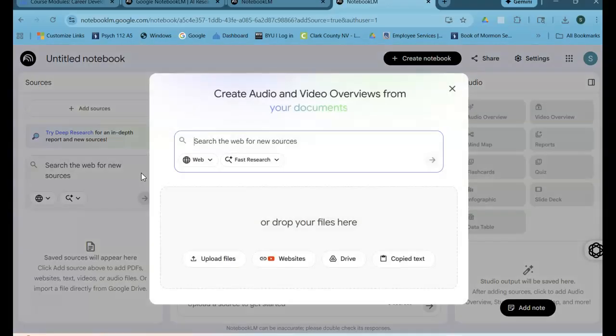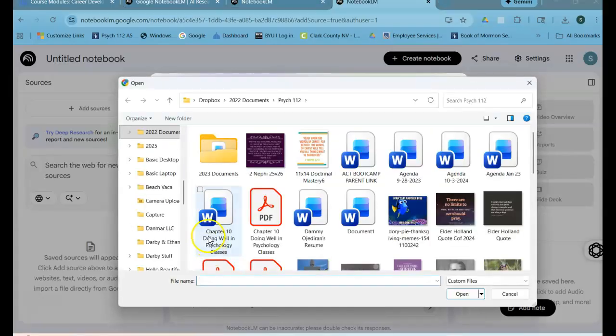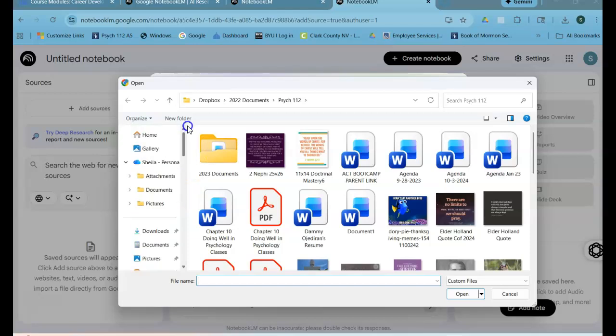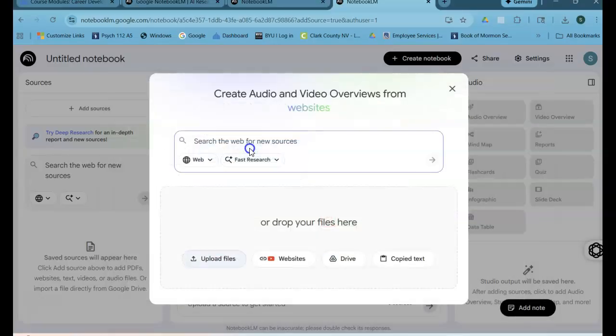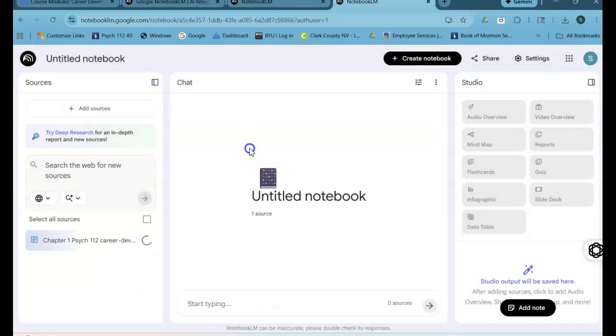And then I'm going to upload my file. Okay, so where was my file? Oh yeah, I remember I saved it in downloads. So I'm going to go to my downloads section right here, and I should have chapter 1 right there. So here I am